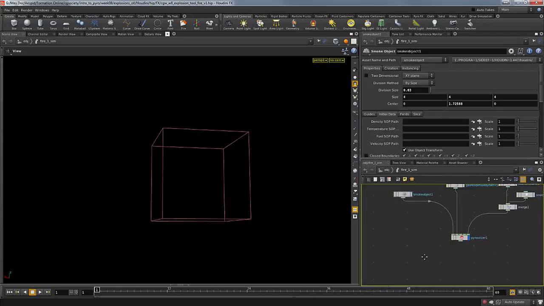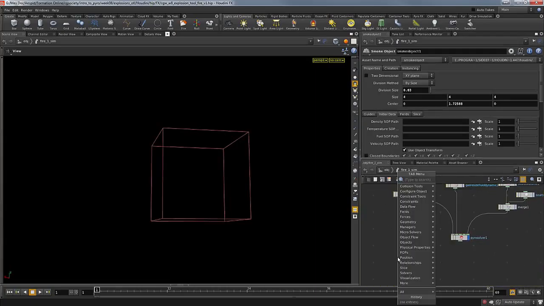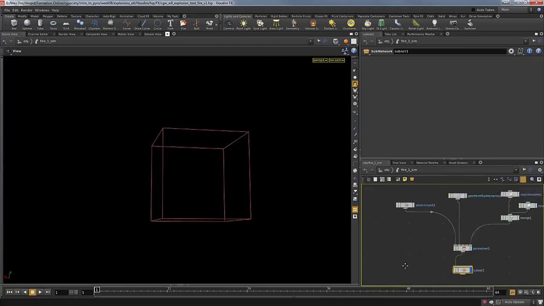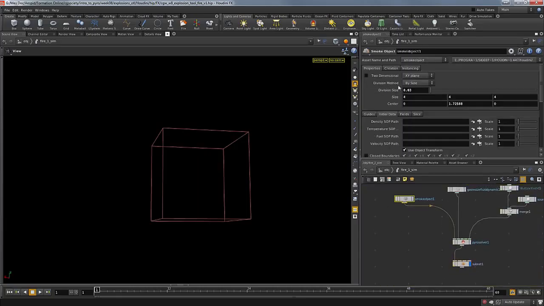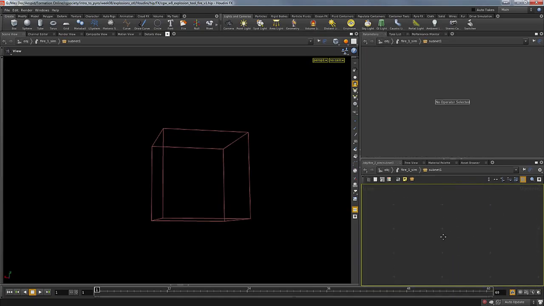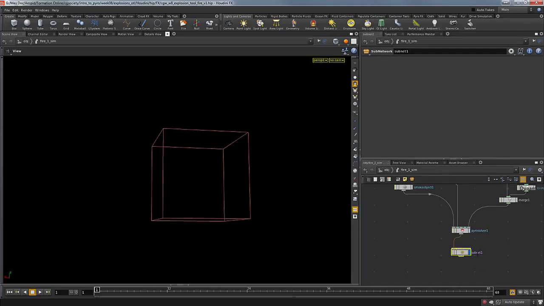So the first thing I'm going to do now, I'm just going to create a subnetwork, and I'm just going to connect it down here, okay? And just for now, I'm going to lower the resolution by 3.09, just to save a lot of time. So I'm diving inside my subnet, okay? So let's rename this